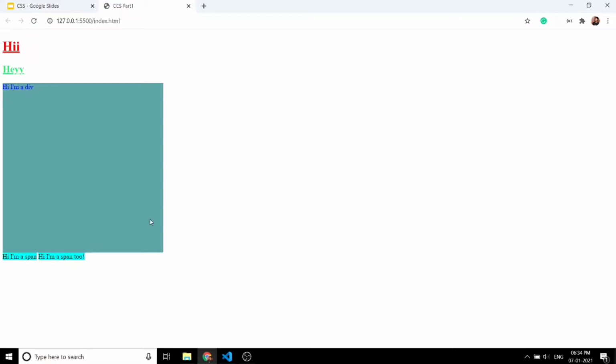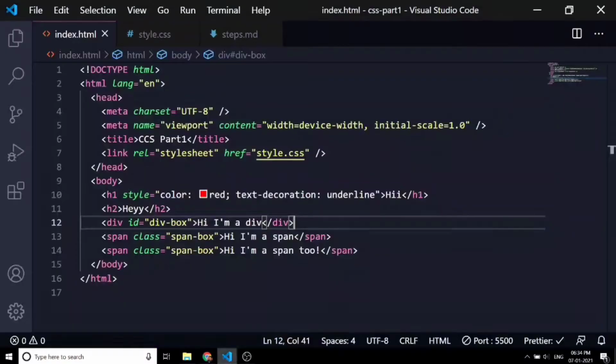That's because even if we have reduced the div size to 400 pixels, the div is still a block element and it covers the whole area, while a span is inline and only takes up to this. So whenever the next element comes, it will come right from here. There are ways through which we can move this span up or also inside the div, which we will cover later.